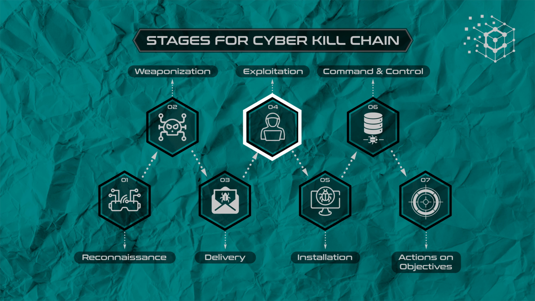4. Exploitation. The exploit that was weaponized and delivered in previous stages has now been executed on the victim's account or system. 5. Installation. The malware or exploit has been installed and detonated on the victim's system or account and is considered an active infection at this point. 6. Command and control. Due to this being an active infection, the malware or exploit will have established persistent communications